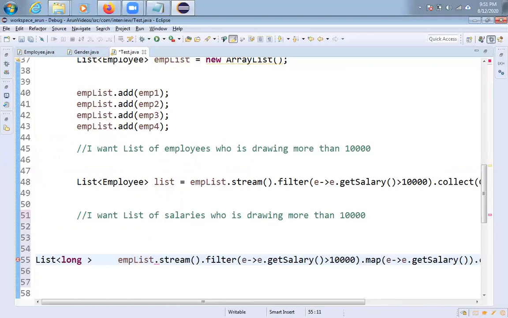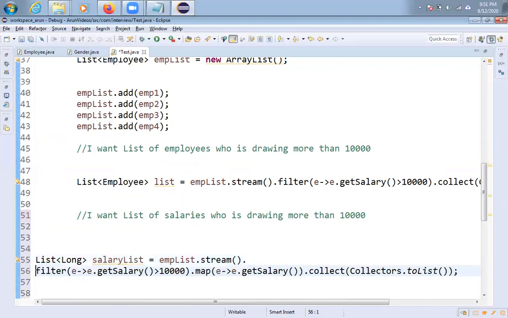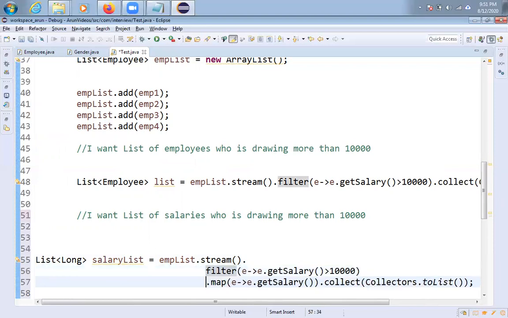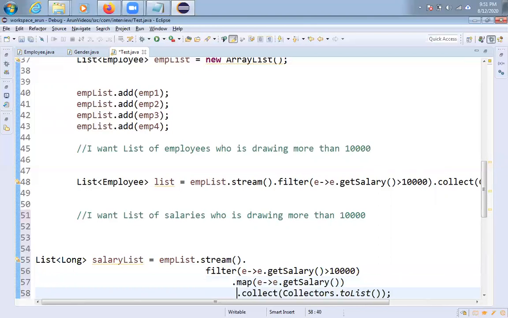I have taken Long, so you have to give the Long wrapper class, and it is salaryList only, friends. If it is too long, then nothing, friends, just break it, and you can see here.